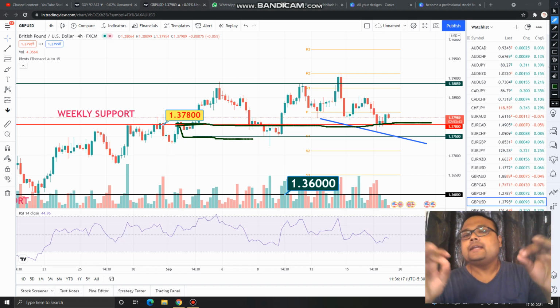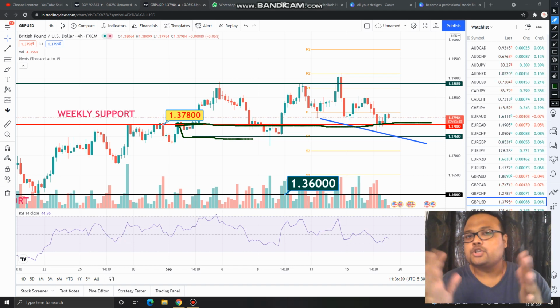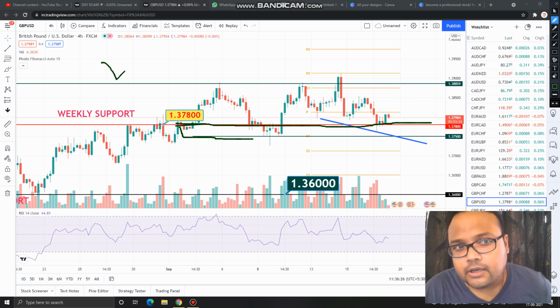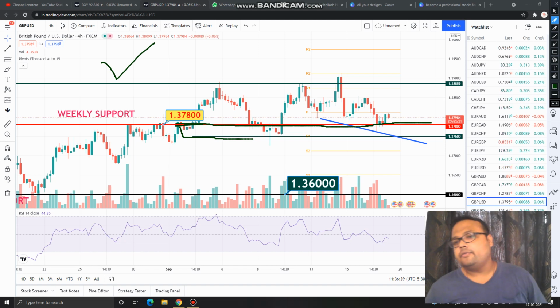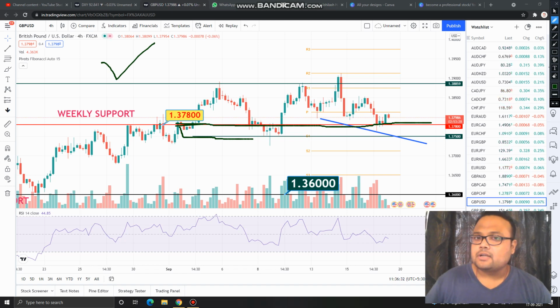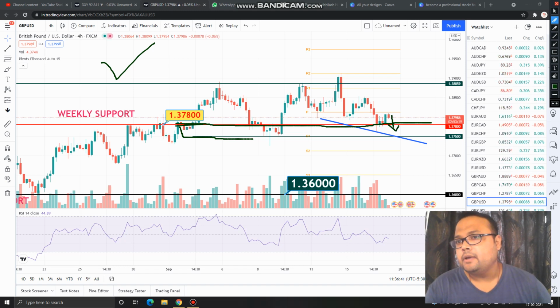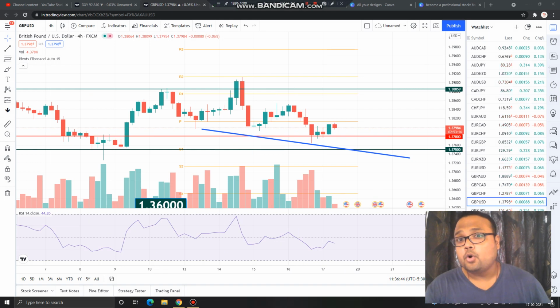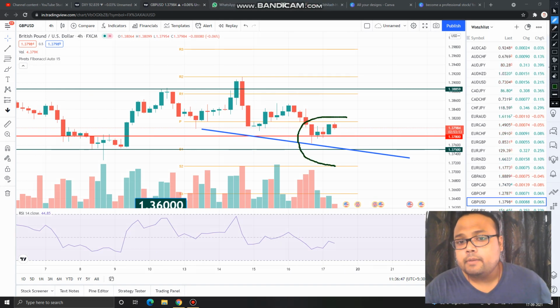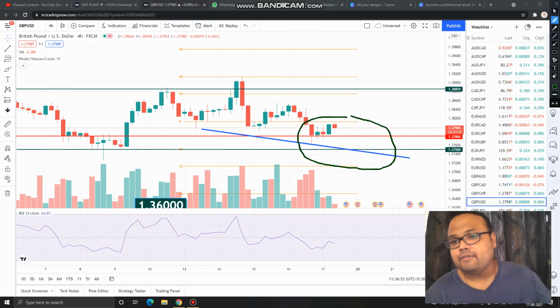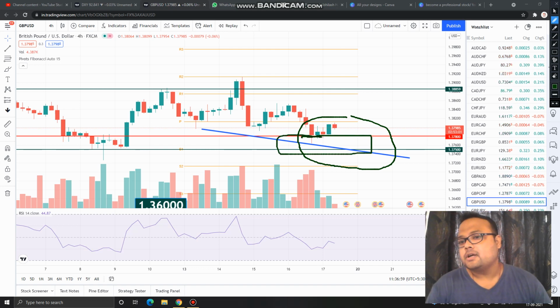But still, I want to make it very clear that the US dollar has a correlation with the British pound. As I just mentioned, after a little bit of correction, USD will be going up. In case the US dollar starts going up, then definitely GBP USD will be going down. The main thing we need to focus on in the chart of GBP USD will be whether GBP USD will be able to hold its support at the 1.3780 to 1.3750 level or not. This will be the main area of focus for us.